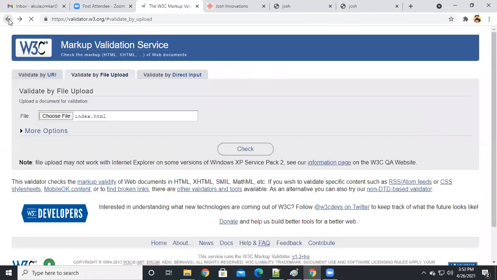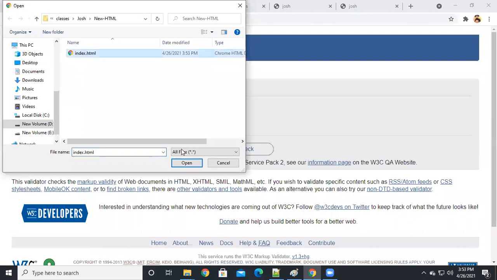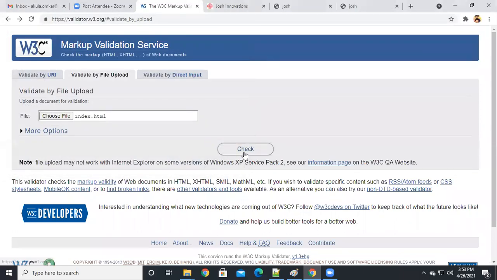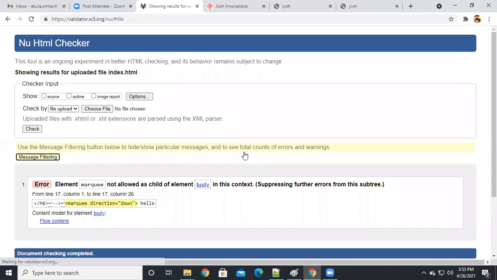Back, upload, choose your file, index.html, open and check this. Okay, so marquee is not allowed as a child element of the body, guys. So I think we did not use marquee right now, guys, because it's already obsolete.